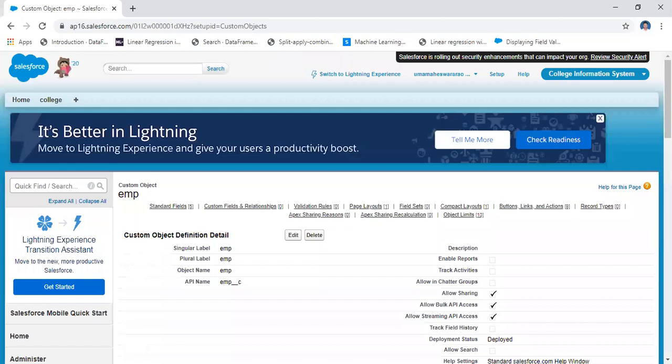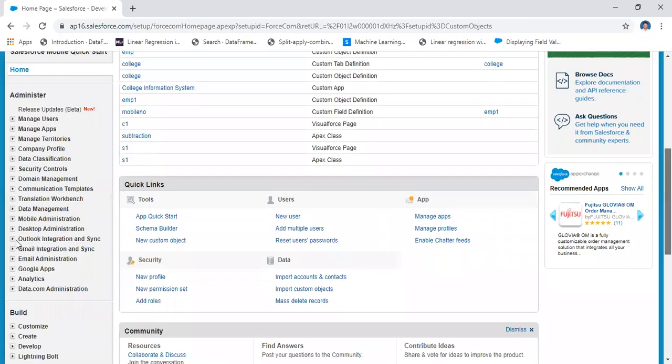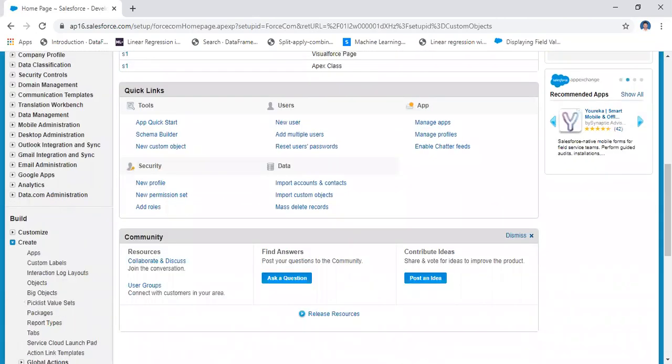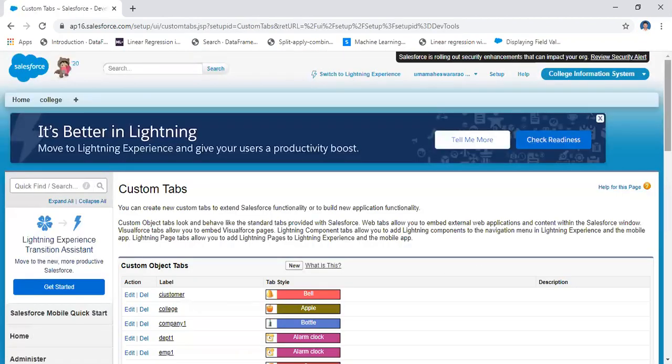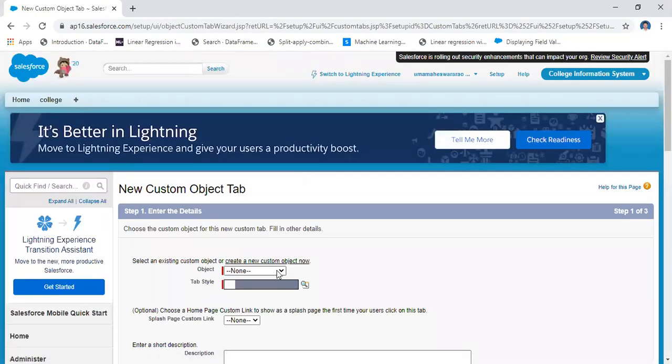Next, you should add that object to the tab. How can you add the object to the tab? Go to Create, again the same, go to Tabs, and then here you have a New button. Create a new tab.